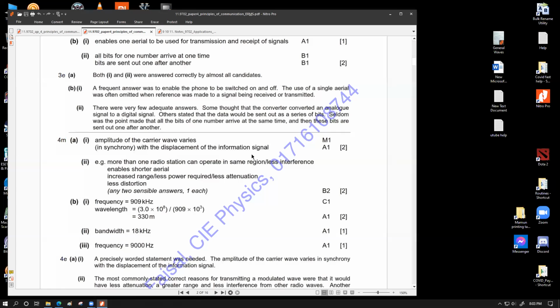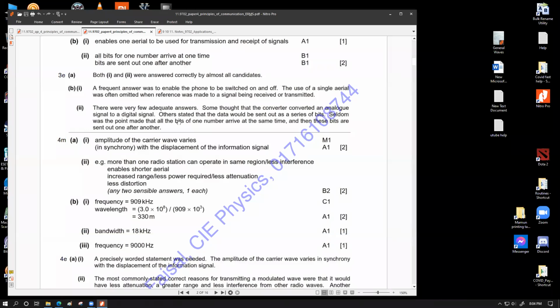Now, this is very important information. You have to choose your words very carefully. I'm using too many carefuls because I want you to be careful. Amplitude of the carrier wave varies in synchrony with the displacement of the information signal. You cannot mess up this word. If you write here that amplitude of the carrier wave varies in synchrony with the amplitude of the information signal, you're going to lose that mark. You have to understand this very perfectly, that the displacement of the information signal causes the amplitude variation of the